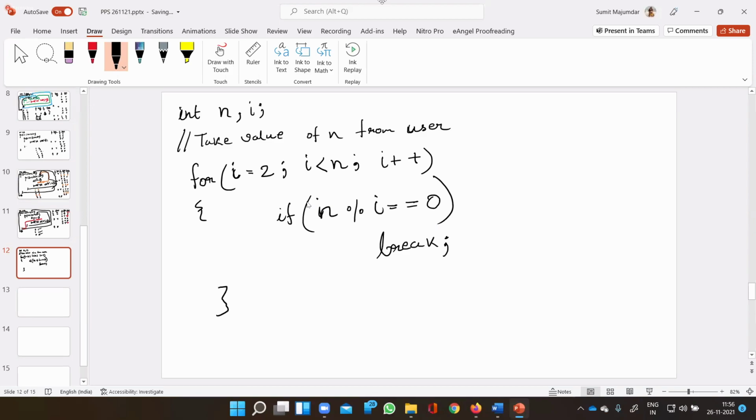Now this is the code we are talking about. Whatever the value of n is, tell me when the loop will be terminated, forcefully or naturally.